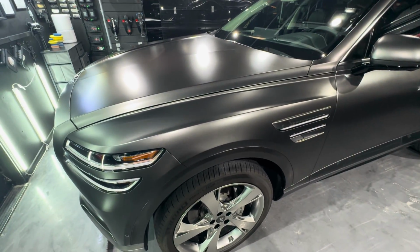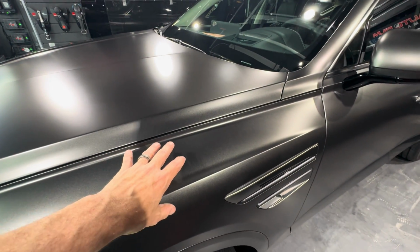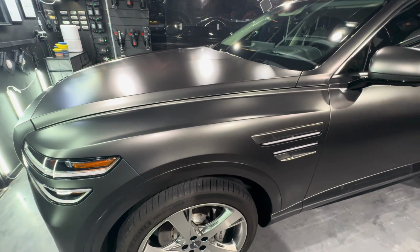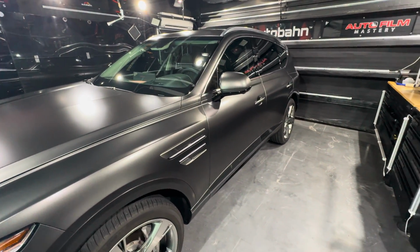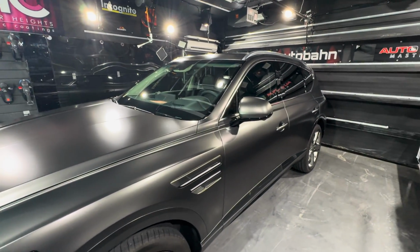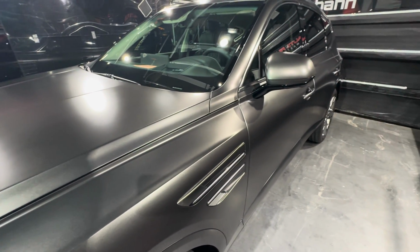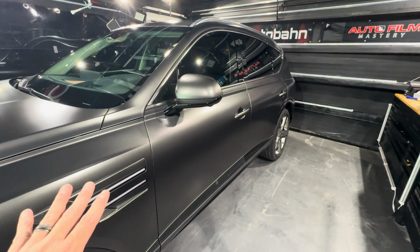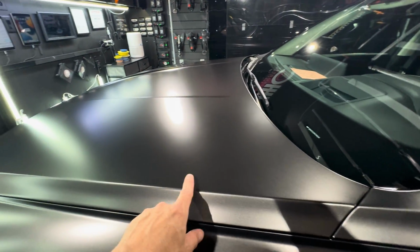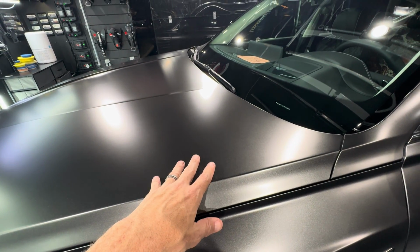You do have to be careful with it because if you do rub up against and scratch it, that is in there. You can't polish that out like you can with a gloss car. So I hope that explains some of the pros and some of the cons of matte paint. Taking care of matte paint is really no different than taking care of gloss paint, except you definitely have to be more careful. Why? Because let's say, for example, a water spot gets into a gloss paint and